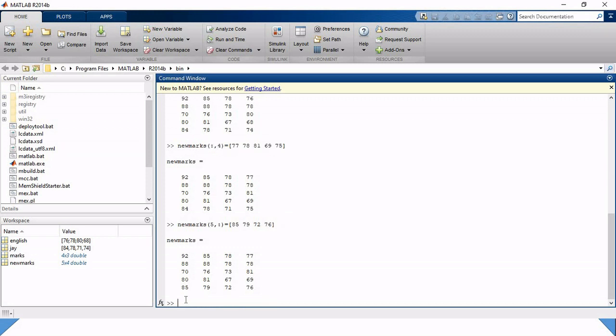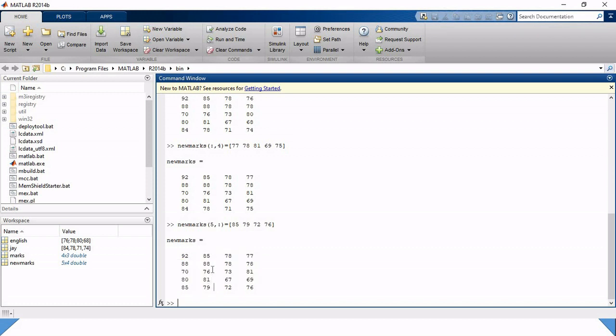Okay, let's check it. We can also change the values of only an individual student. So this is how we can change the values subject wise or student wise. So we can play with different elements. Now try on your own to change any particular student's marks or any particular subject's marks by your choice.